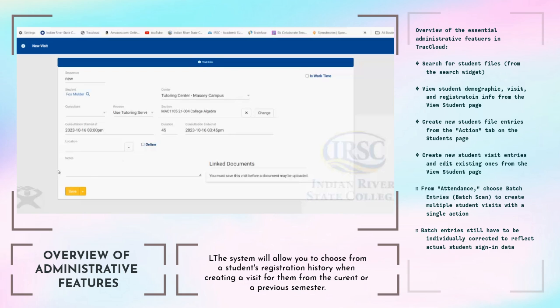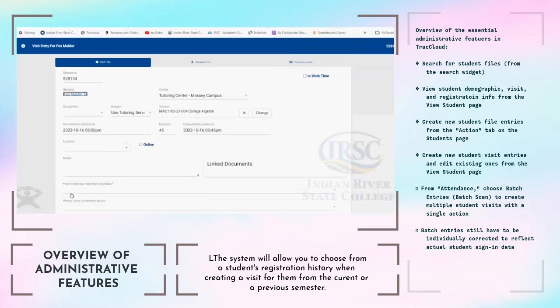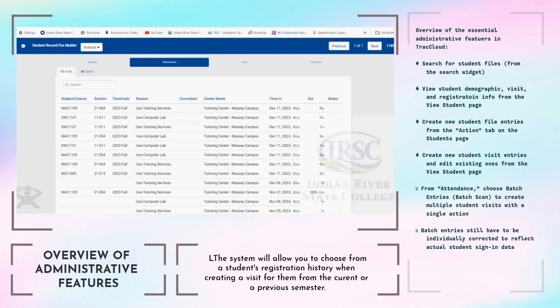And so that should be sufficient. And if we don't need to add notes, we can save. And so we've created a visit. Good and well, but now let's return to our